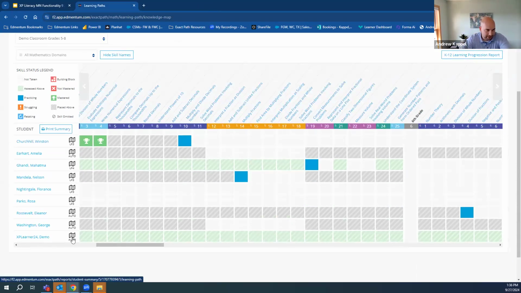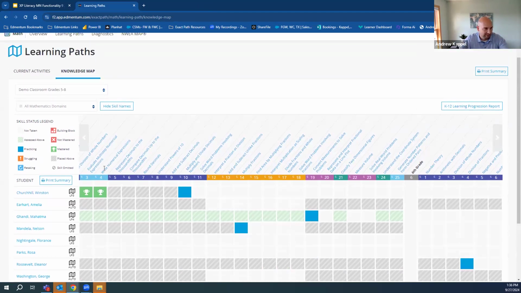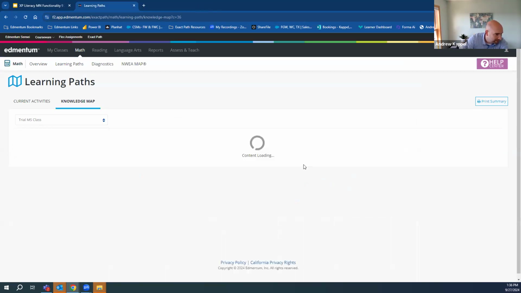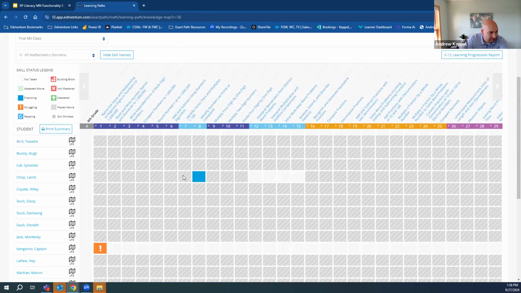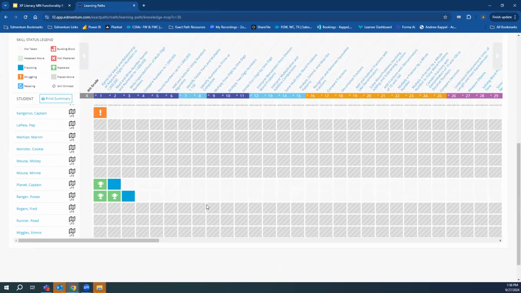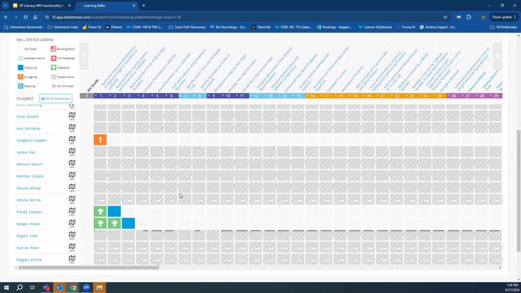Okay, I'm going to click in then after this, and this is, like I said, a nice data point. The other piece I want to show you here, and let me get there, I'm going to click over to a different class. Can I just ask one more question with that? If I started them with a current activity or the knowledge path, once they completed that activity correctly, got their 80%, would it still guide them to the next one, or do I have to do everything manually for them from now on?